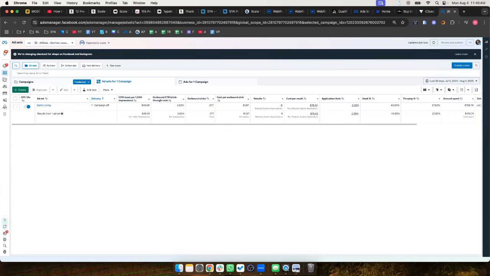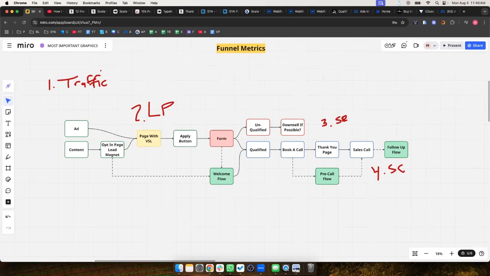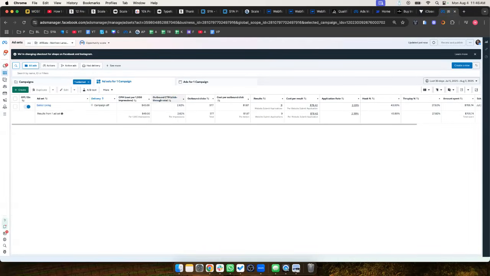Maybe we'll aim for 3.5%, but this is not slouchy by any means. Something that's 0.5% or 0.85% is bad. We need to fix it. But if we go to what's the constraint here, my ads are not the constraint. 1.87 cost per click is good enough. In general, if you're seeing over $10 cost per click, you're probably screwed and you need to fix it. But zeroing in here, my application rate is about 4 times worse than it should be. So in this situation, I can see that based on my numbers, I need to really focus on my landing page and my form because it's just so bad.